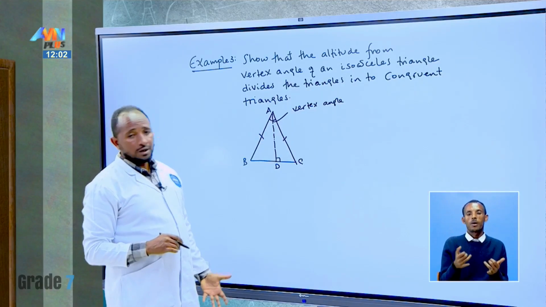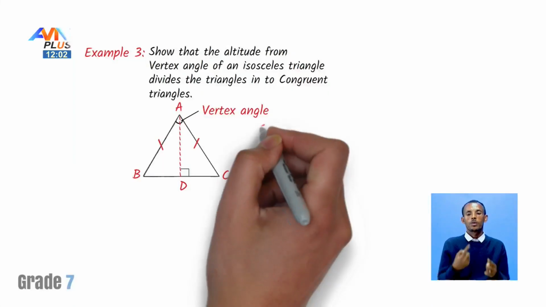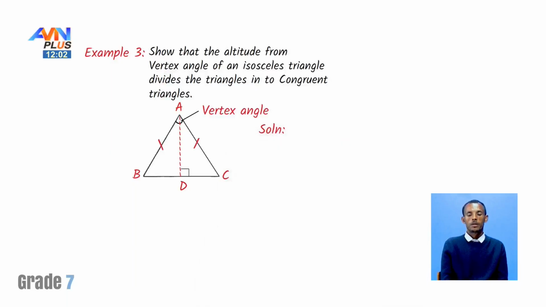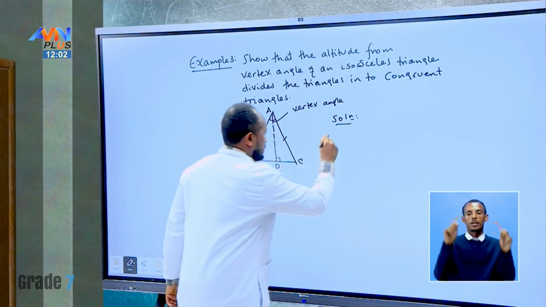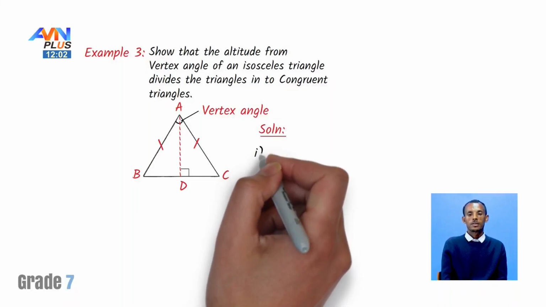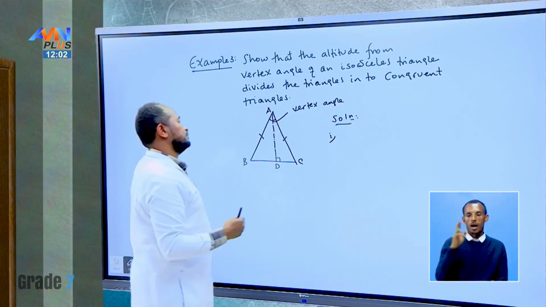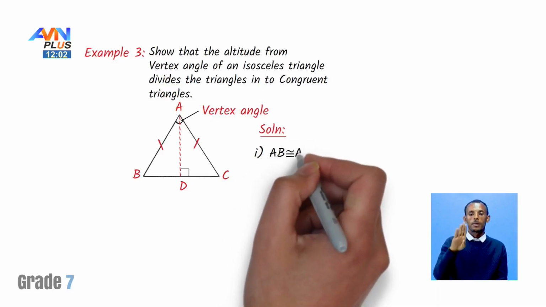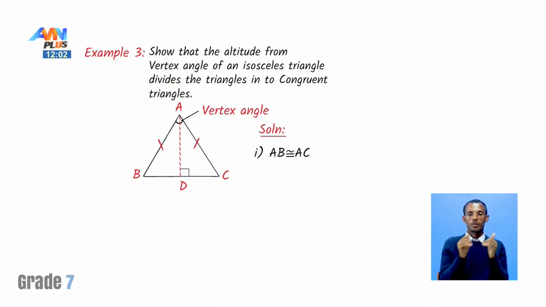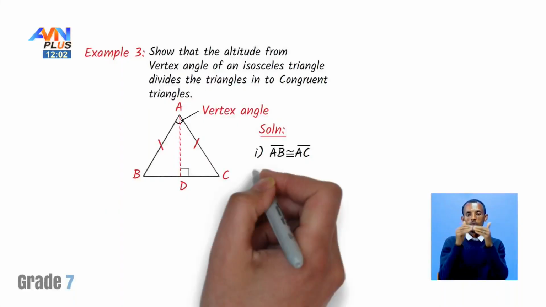Now, how do you show this? What do you know from this and this triangle? The first one: side AB and side AC are congruent. So here, side AB is congruent to side AC. This is given since the triangle is an isosceles triangle. Again, second,